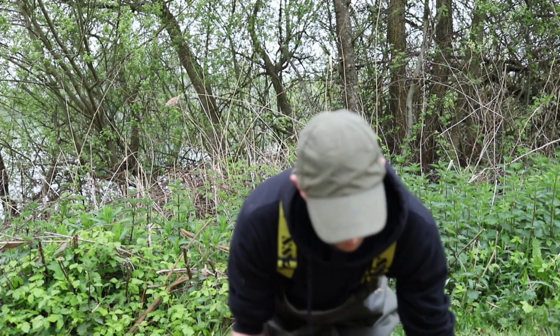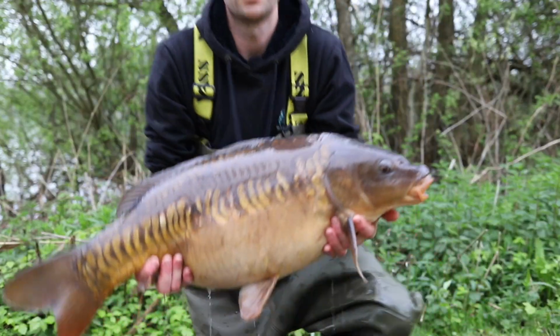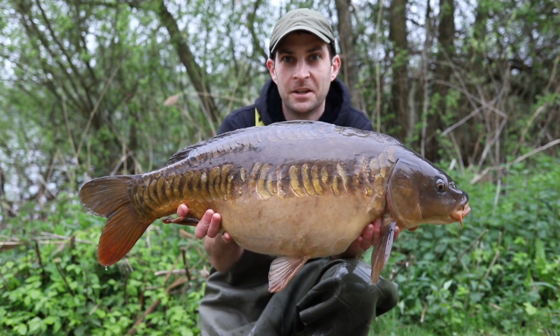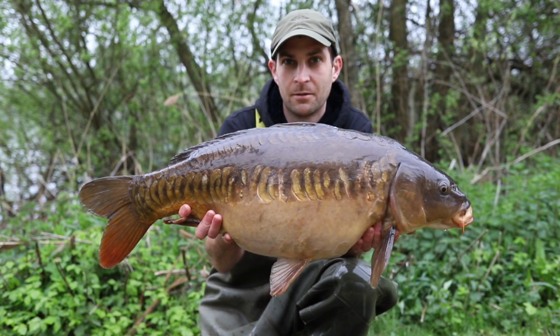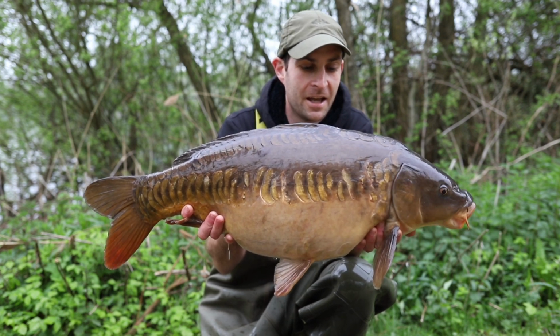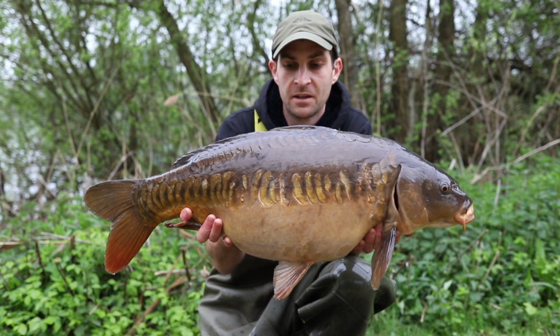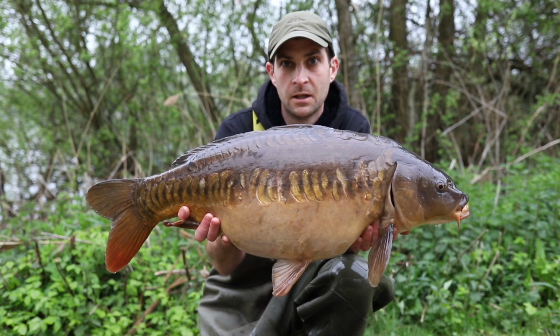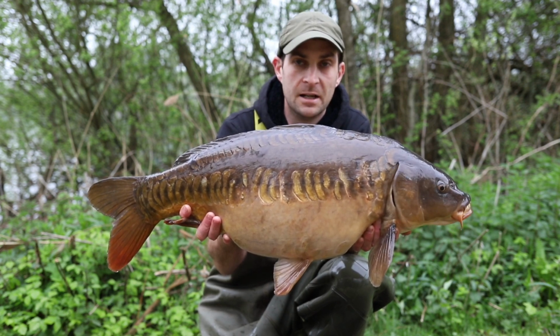Wow, it has just gone first light on the last morning and we have another one. Just over 21 pound. What an absolute stunner. It's turned into a good session. Started off fairly slow, so I've done a lot of walking. Changing pegs has really paid off, and